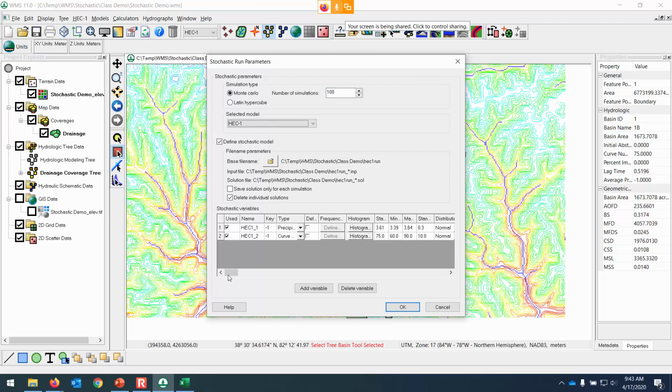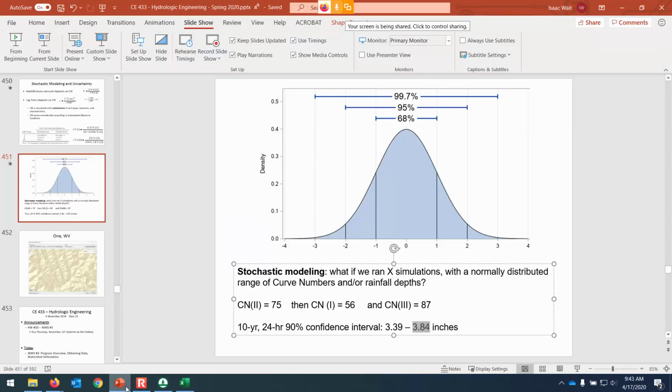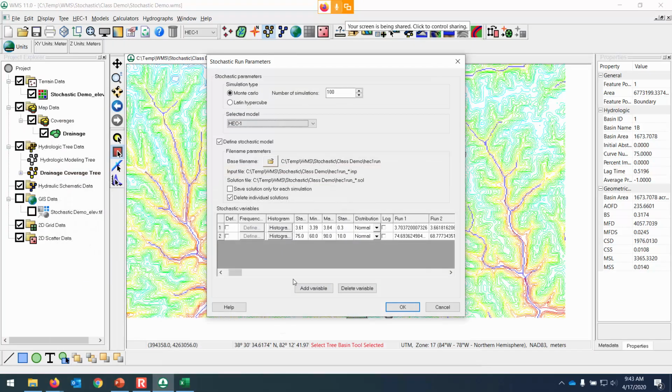So 100 simulations, and the curve numbers, this time instead of manually keying them in, let's stick with the stochastic range. And so the range was from 56 to 87, and the size of the standard deviation, I don't think it would be that big. If our maximum is 87, then one standard deviation is probably going to be more in the spectrum of about